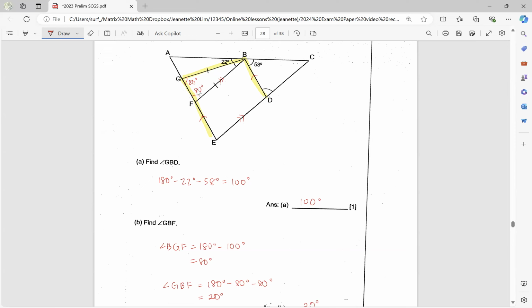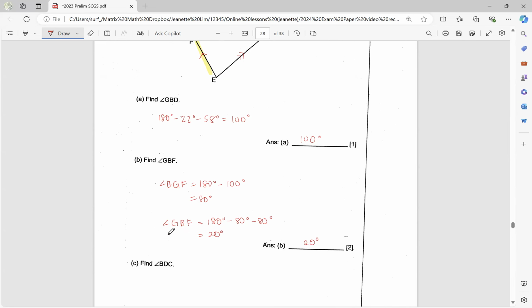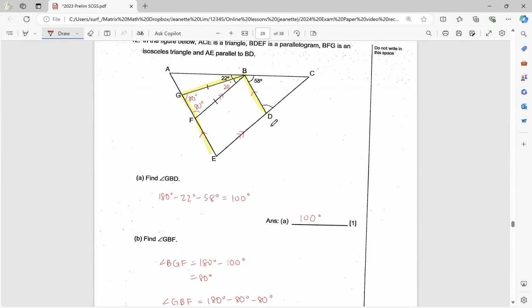Okay, so 20 here. Find BDC, this angle over here. Now, BDC is actually the same as this FBD because,